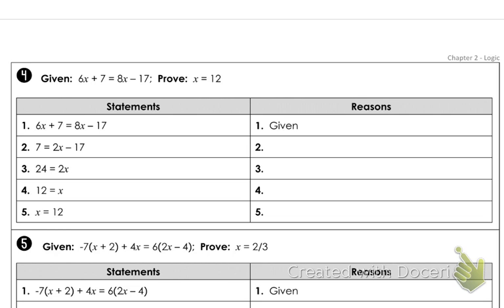So our next one, we have 6x plus 7 equals 8x minus 17. So this comes up with the new thing that I have x's on both sides. So reminder that when you have x's on both sides, you need to get all the x's on one side, and you need to get all the numbers on the other side. You need to do this in 2 different steps. So one step must be getting your x's to one side, and one step needs to be getting your constants